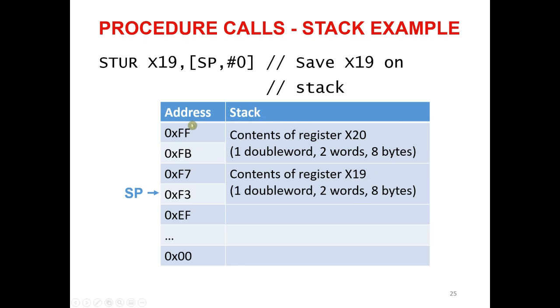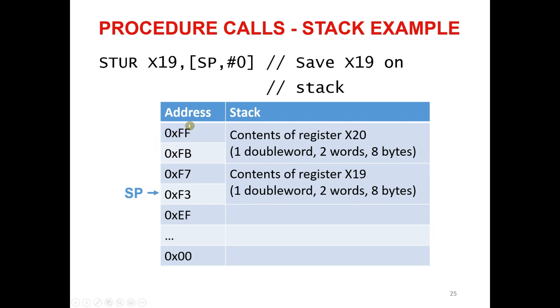Remember that here the addresses go from high addresses to lower ones. If you see here, when we want to add an element, we subtract positions from the stack pointer. This could be a bit confusing, but it is how it works.